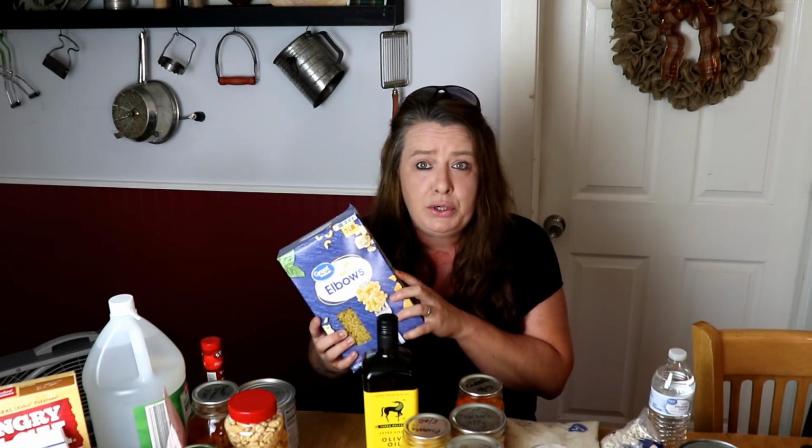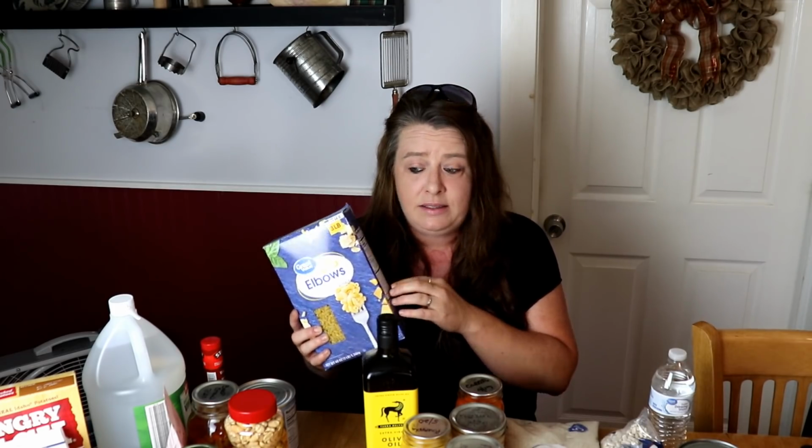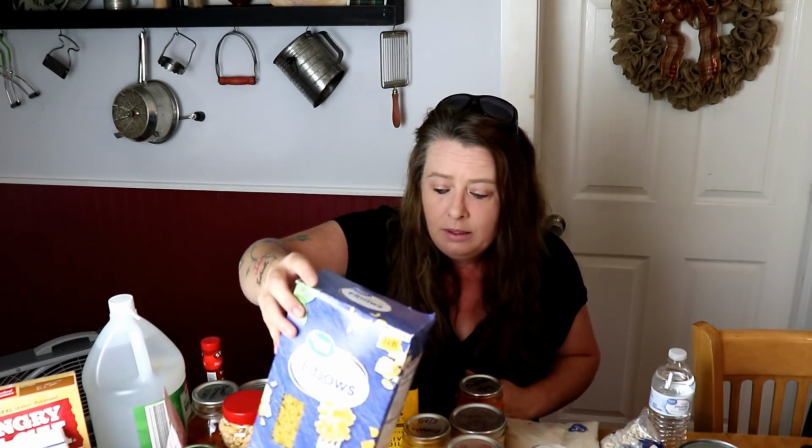And pasta is going to last. If you store it right long term, it's going to last and last. I don't think pasta will ever go bad if you keep it airtight and stored in the right conditions. All right, so then